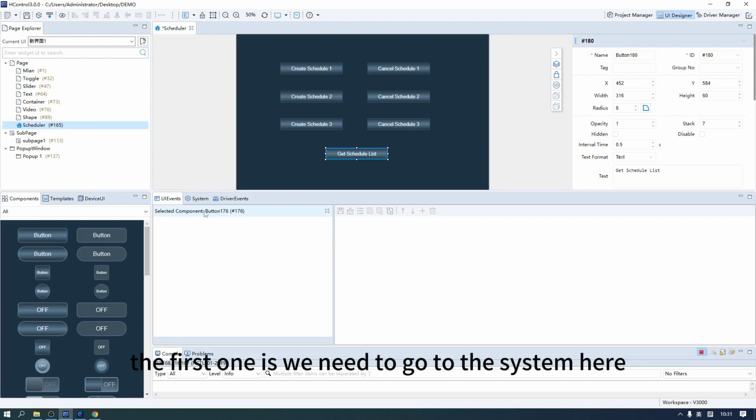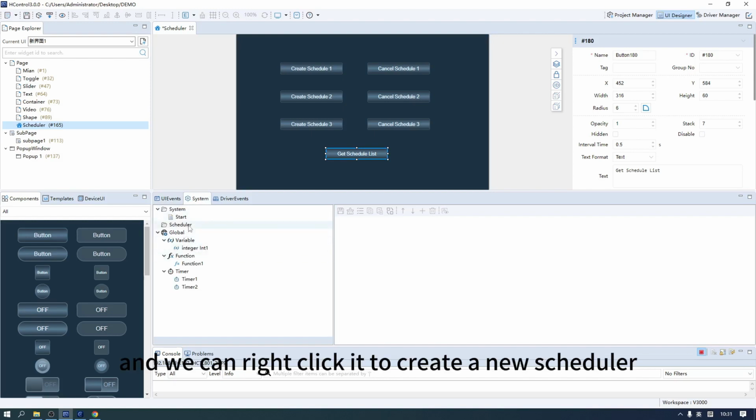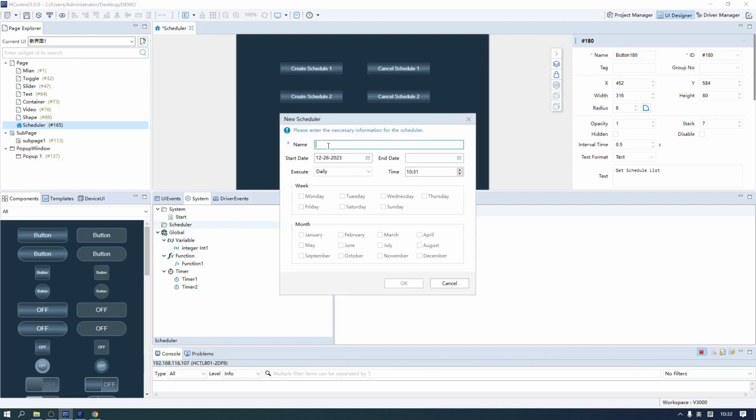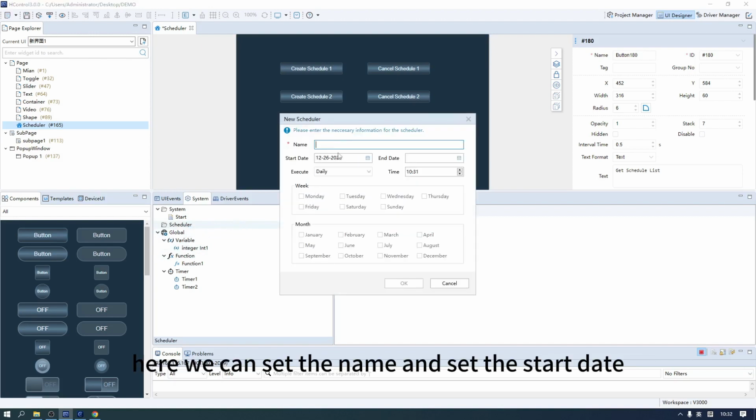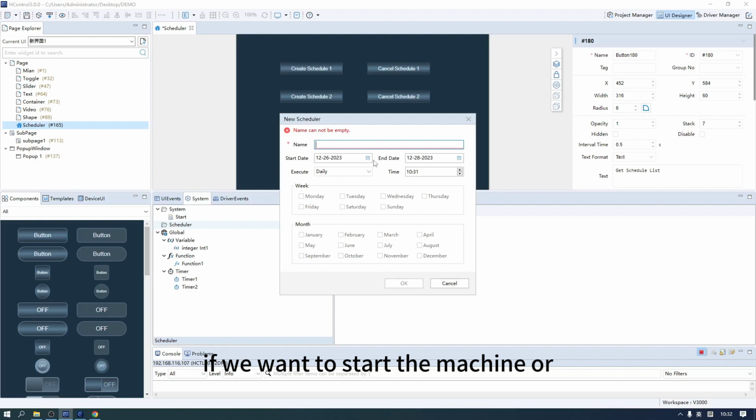The first one is we need to go to the system here. And here we can see there's a scheduler and we can right click it to create a new scheduler. Here we can set the name and set the start date and the end date. If we want to start the machine or check the status or something else, we can create a scheduler to